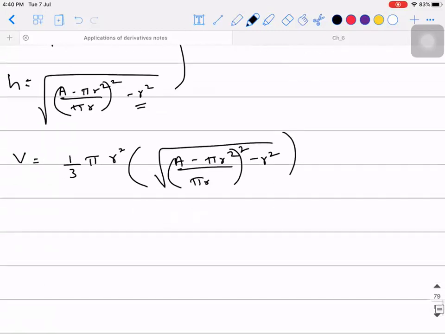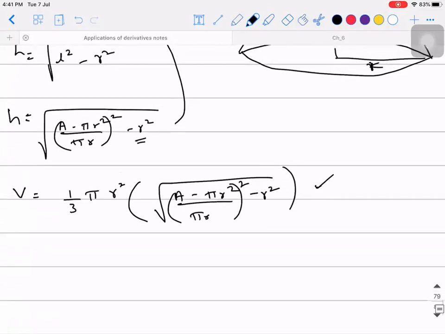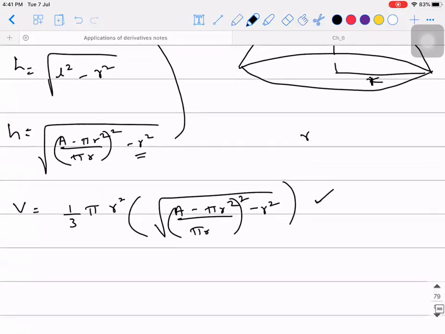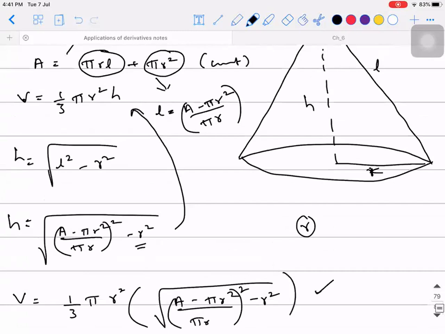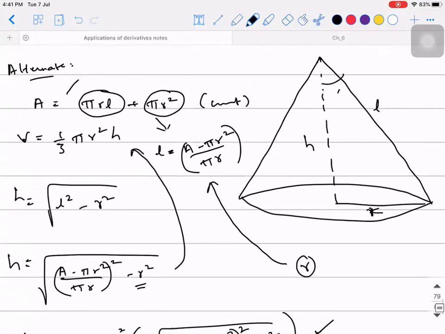So have you solved it? This expression, do one thing, no? You solve it completely, differentiate, and then check if you're getting the answer. Once you get the value of R, try to find out what is the value of L. So once you get R, substitute it here, you will get the value of L. Then this is the semi-vertical angle they are trying to say. Sine alpha will be equal to R divided by L. You will find R, you will find L, substitute and see it should be in the ratio 1:3.